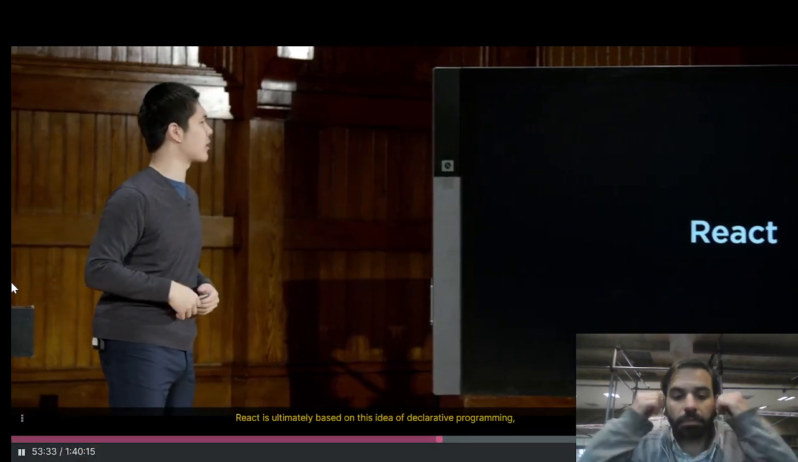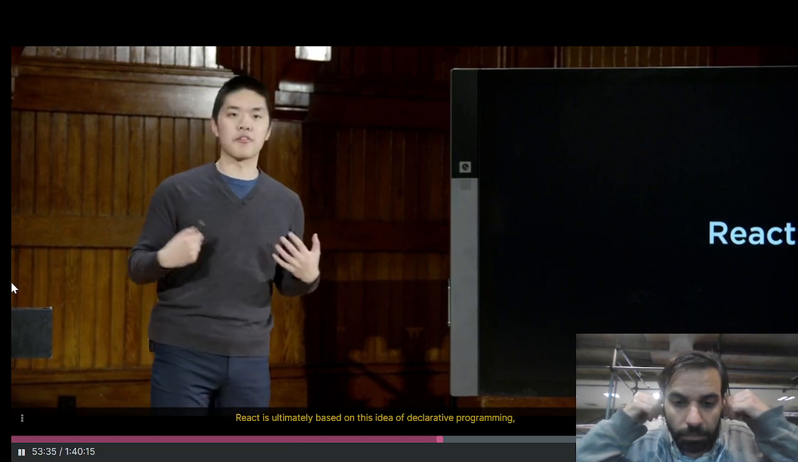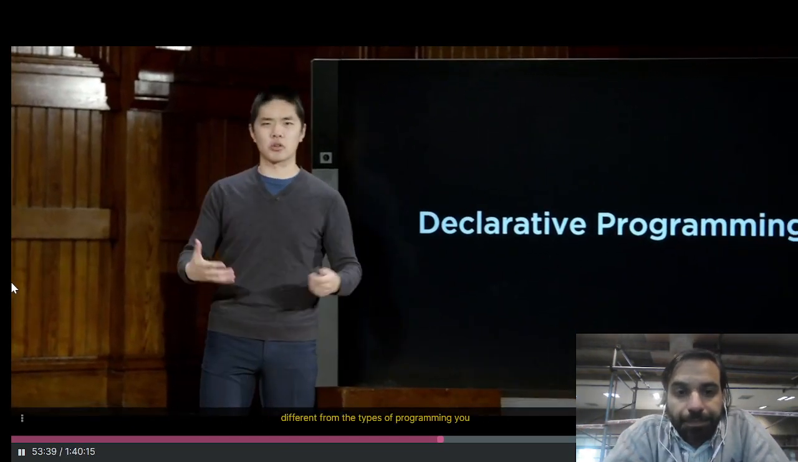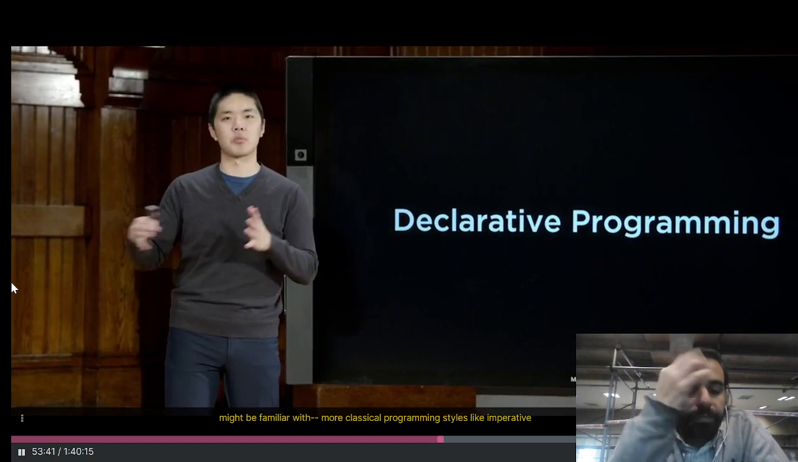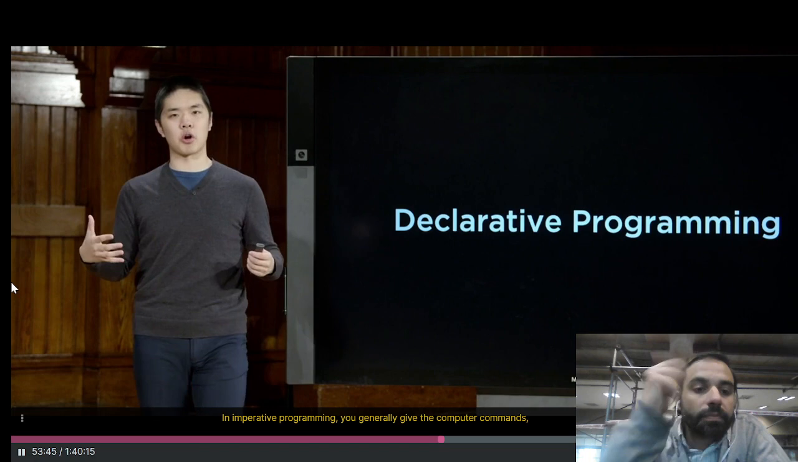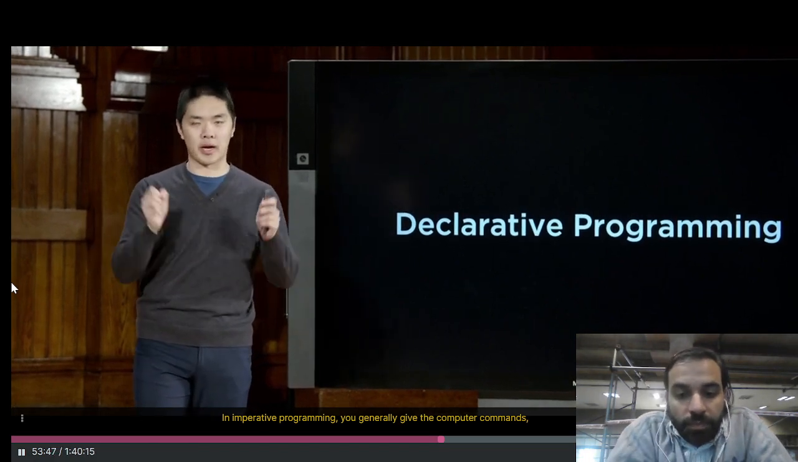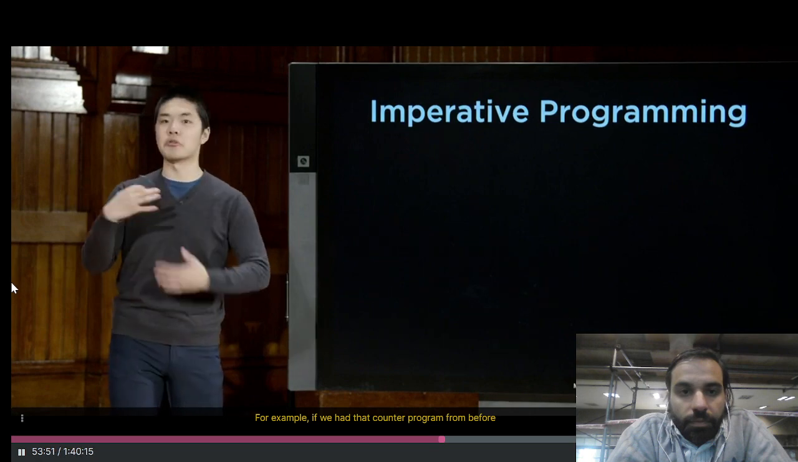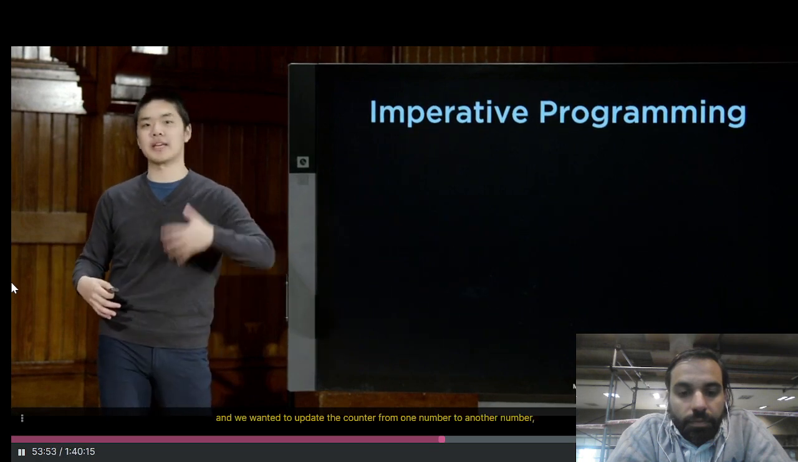React is ultimately based on this idea of declarative programming, a particular style of programming which is different from the types of programming you might be familiar with, more classical programming styles like imperative programming. In imperative programming, you generally give the computer commands, tell the computer what to do. For example, if we had that counter program from before and we wanted to update the counter from one number